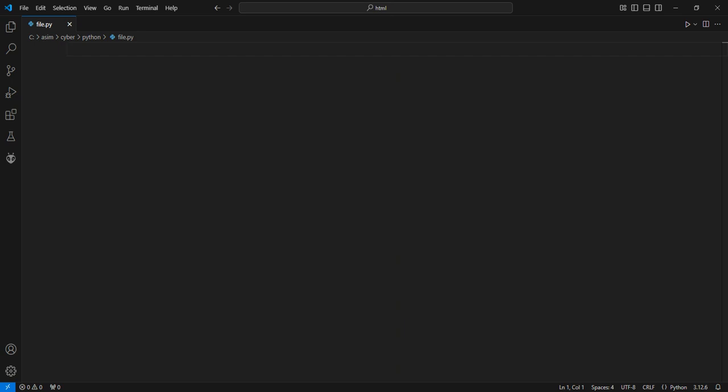In Python, lists can be used as stacks, which follow the last in, first out, LIFO principle, meaning the last element added to the stack is the first one to be removed. You can use the append method to push an element onto the stack and the pop method to remove the top element from the stack. The pop method also returns the removed item, allowing you to access it. Lists are dynamic, so you can grow and shrink the stack as needed. For example,